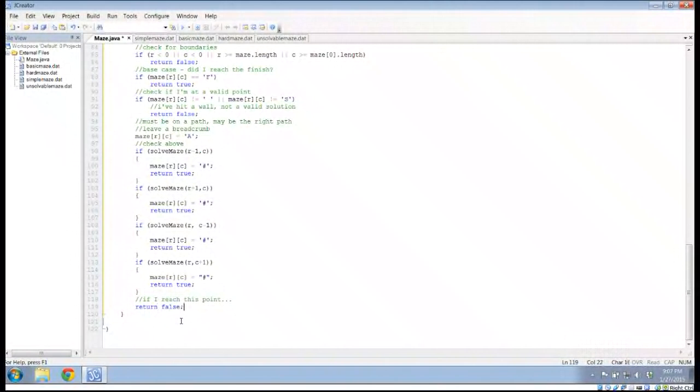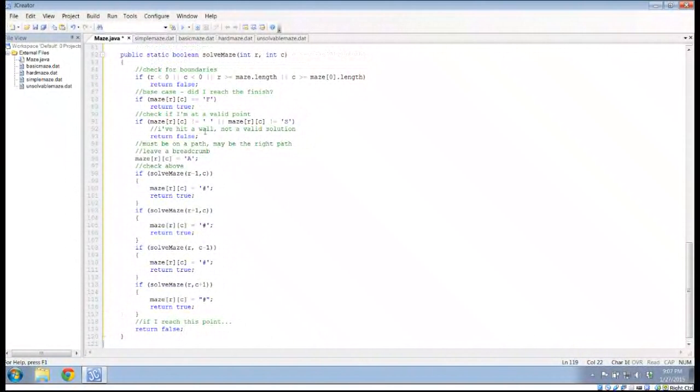So there is a lot of stuff going on here, because there's a lot of complicated action. So I want to go through here and kind of reiterate what we've done here. The first thing that I'm doing is I'm checking for boundaries. So I check to make sure that my row and my column are valid. If any of these values are not valid,